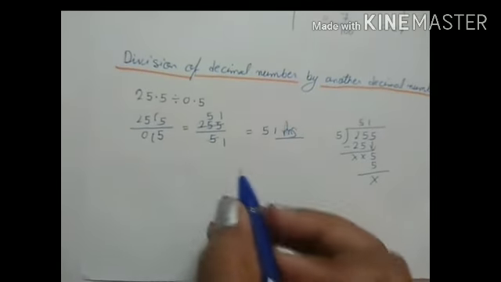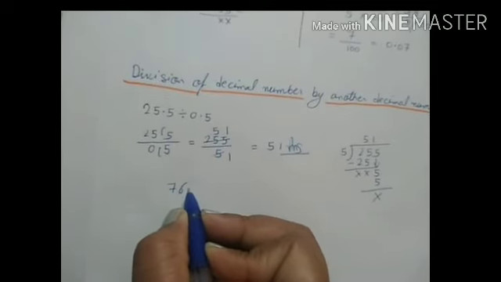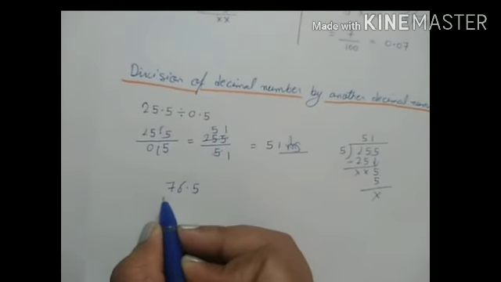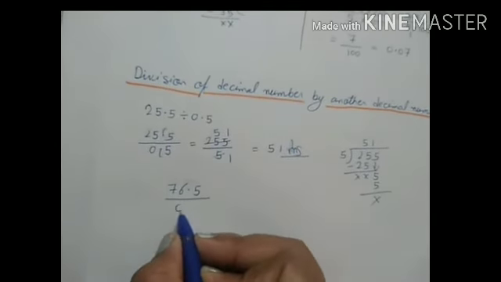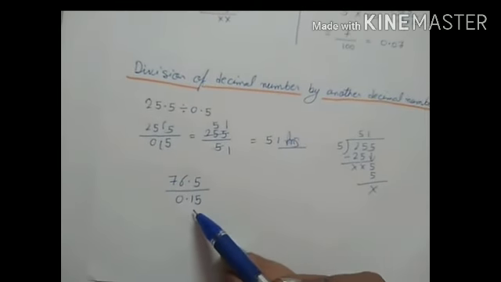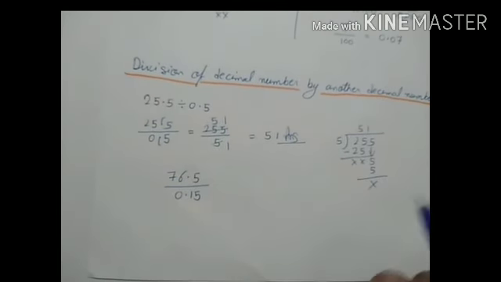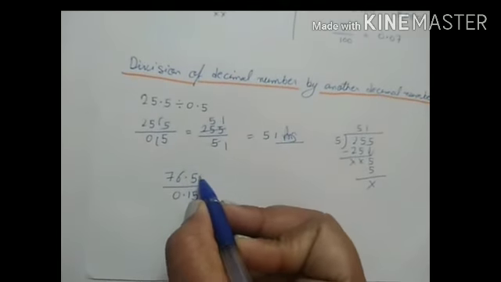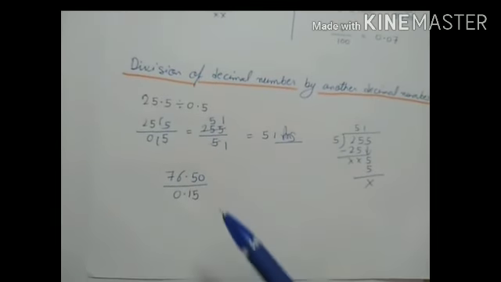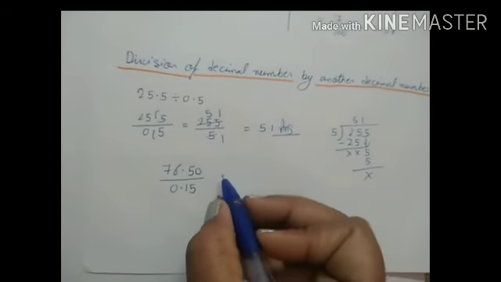Now one more example. It's 76.5 divided by 0.15. Here you can see in the numerator after the decimal we have one digit, but in the denominator we have two digits. So we have to convert this into like decimals. So how can we do it? Write down over there 0. So now in both the numerator and denominator we have two digits after the decimal. So it becomes